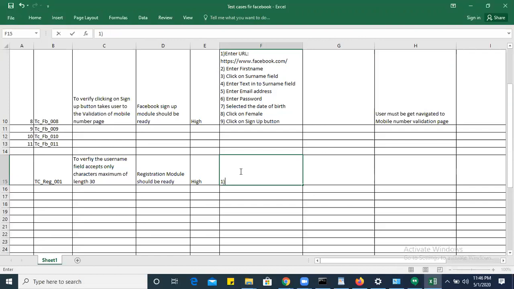We don't know the URL actually here, because they have not mentioned anything.